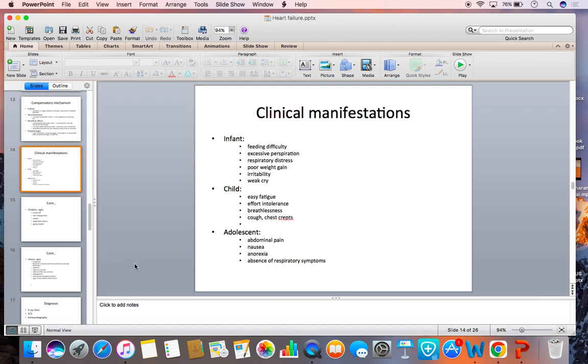It's the feature of acute left ventricular failure or left heart failure. Left heart failure presents with more symptoms like breathlessness, paroxysmal nocturnal dyspnea, orthopnea, cough, and sometimes hemoptysis, etc. And also palpitation. These are all the symptoms